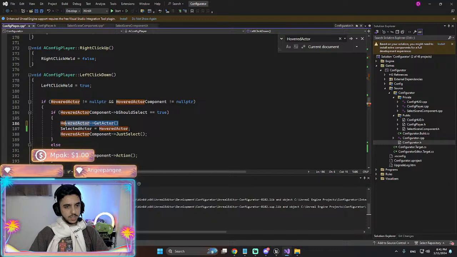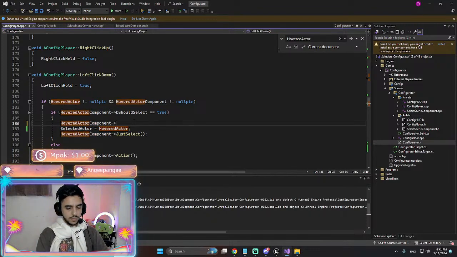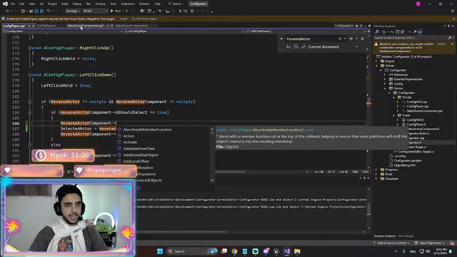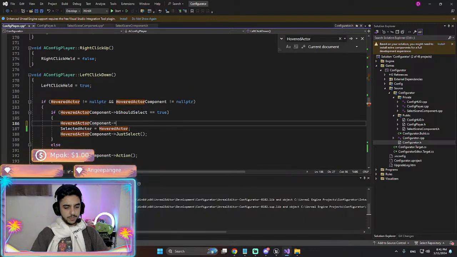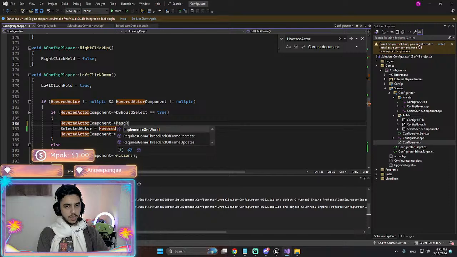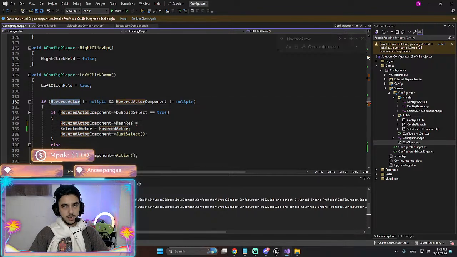Okay, so I'm gonna say, did I cast it already? Mesh ref. Mesh ref. Yes, we did cast it. Is equal to hovered actor.